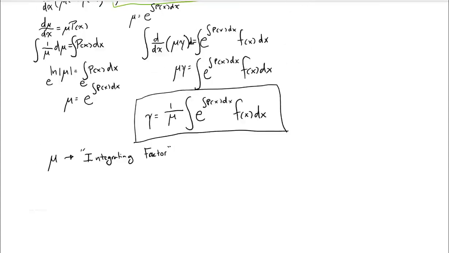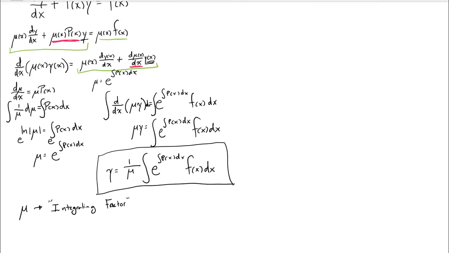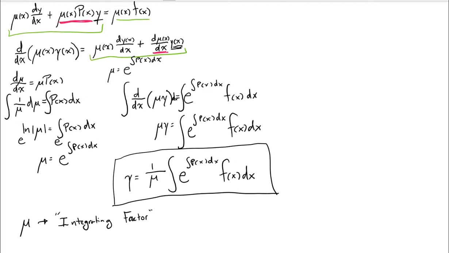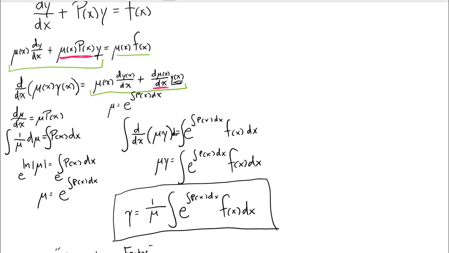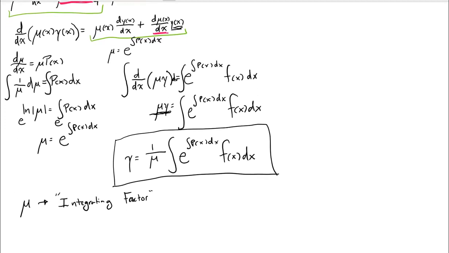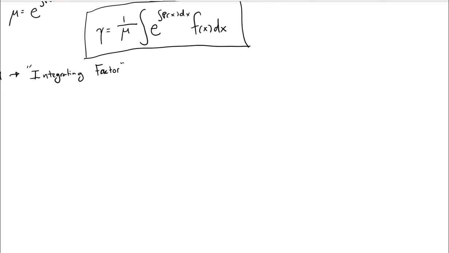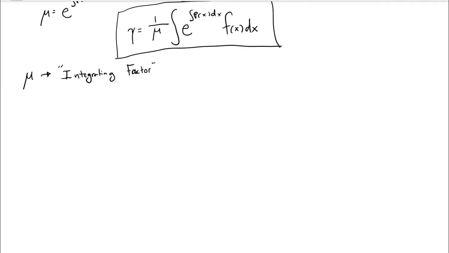Then what we can do is reduce the left-hand side to the derivative of mu, that integrating factor, times y, and then we can take the antiderivative of this derivative, and the derivative will cancel out, and what we'll be left with is an expression on the left-hand side that is very easy to solve for y. So when we are doing this, the first step that we're going to do is we will